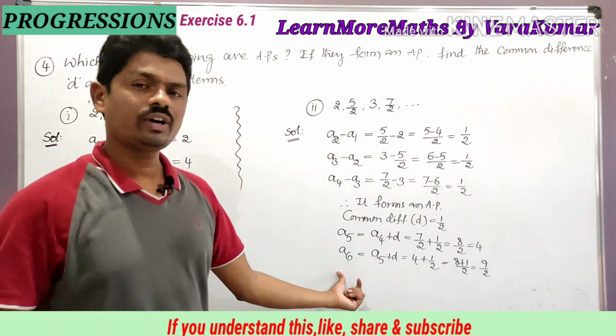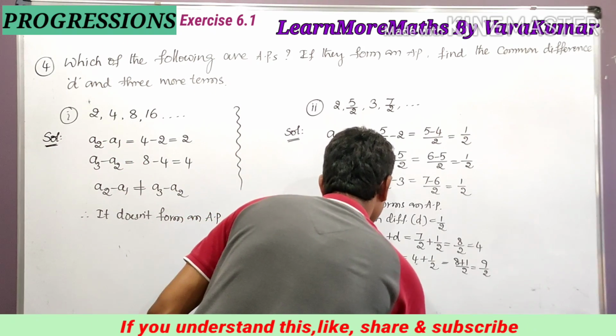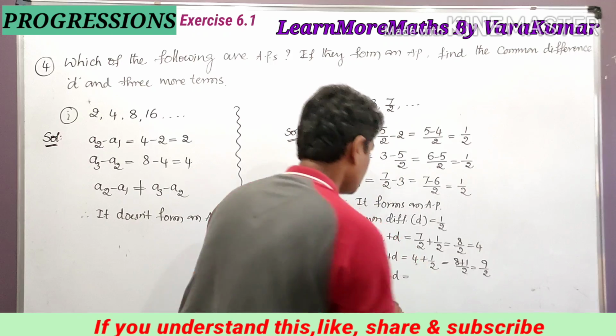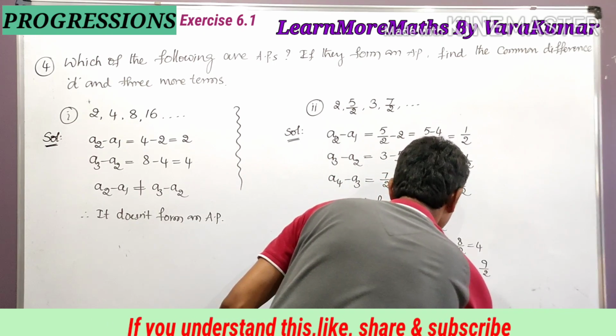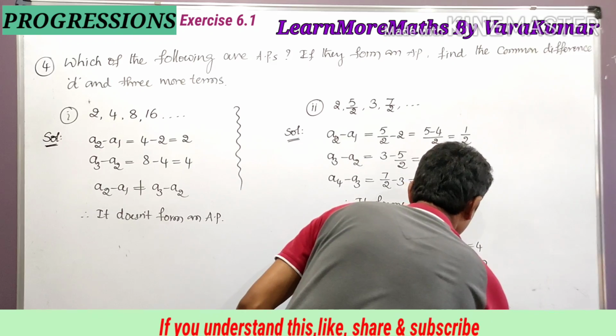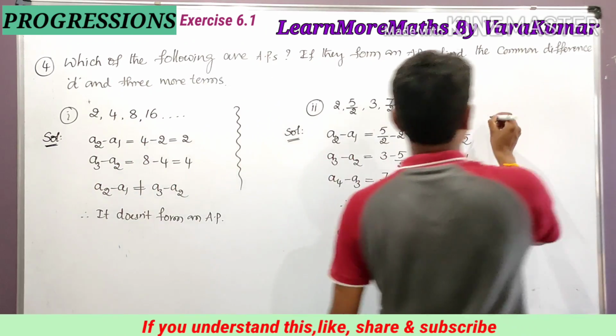So next we have to find A7. So A7 is equal to A6 plus D. A6 we have 9 by 2 plus D value is 1 by 2, that is 10 by 2, which is 5. So therefore we have to write